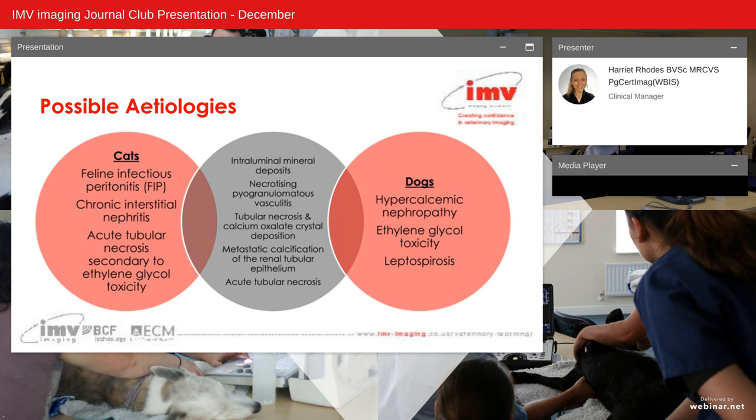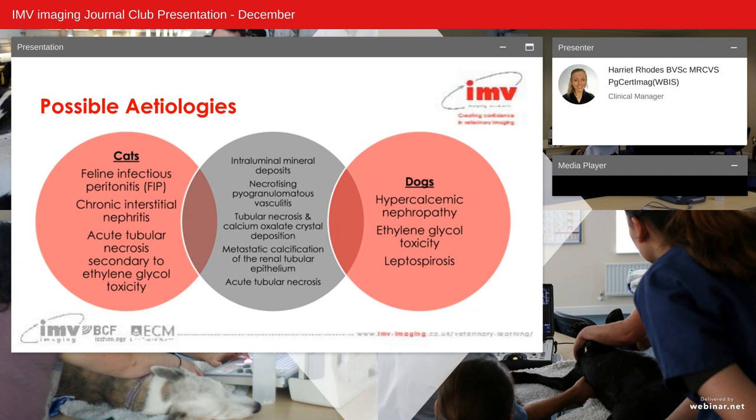Similarly, in dogs, there is an uncertainty surrounding the clinical significance of the medullary rim sign. However, changes compatible or similar to the medullary rim sign have been reported in dogs with hypercalcemic nephropathy, ethylene glycol toxicity, and leptospirosis. The shared possible etiologies were reported following histopathology on a limited number of cases of dogs and